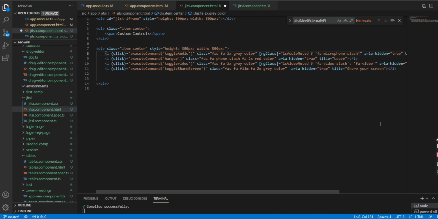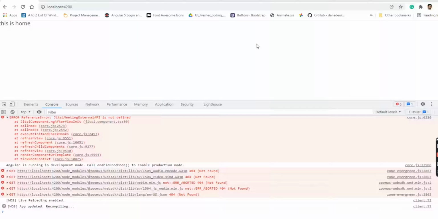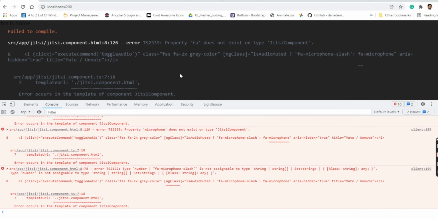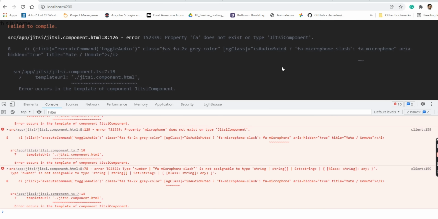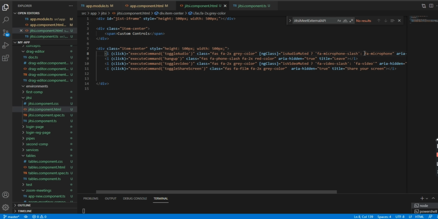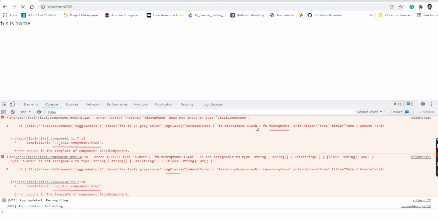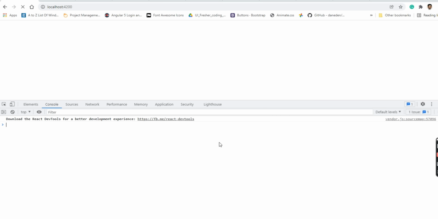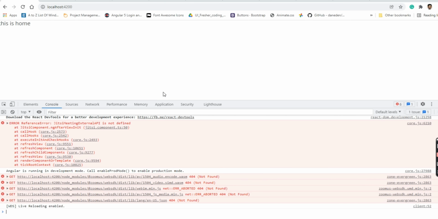I need to mention this micro, then micro. This error needs to be gone. Okay, this error has been gone.